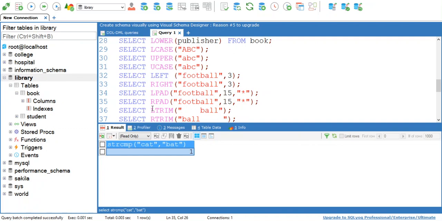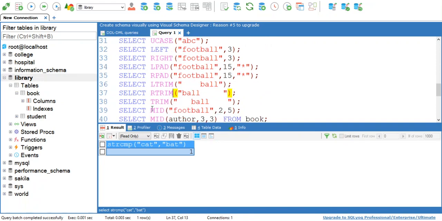These two functions are used to change the size or the length of the input string by padding some characters or some special symbols. lpad pads symbols to the left side and rpad is used to pad symbols to the right side. Then we have ltrim, rtrim and trim functions.